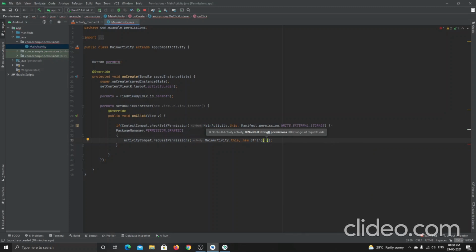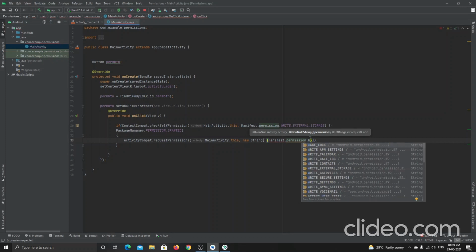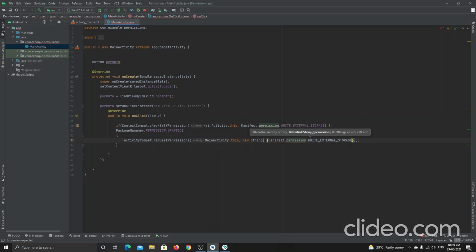Inside this I will mention Manifest.permission, and to write the external storage I will use WRITE_EXTERNAL_STORAGE. This whole thing is just asking the user for the permission.